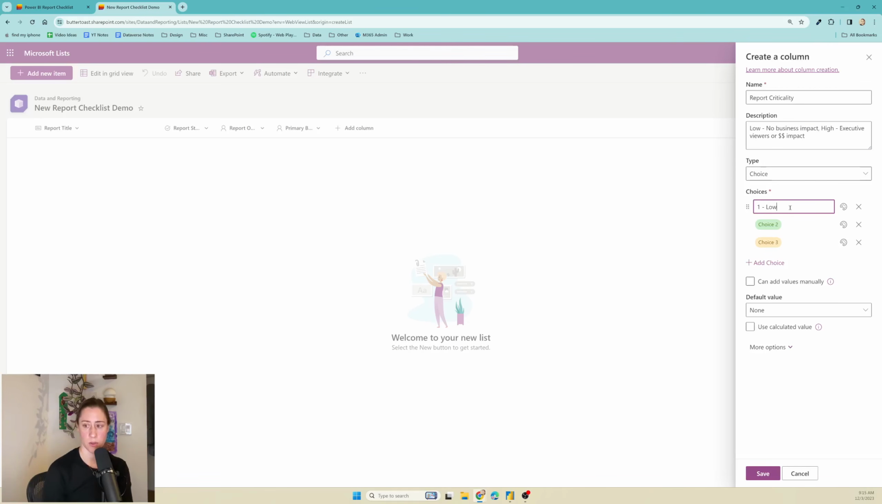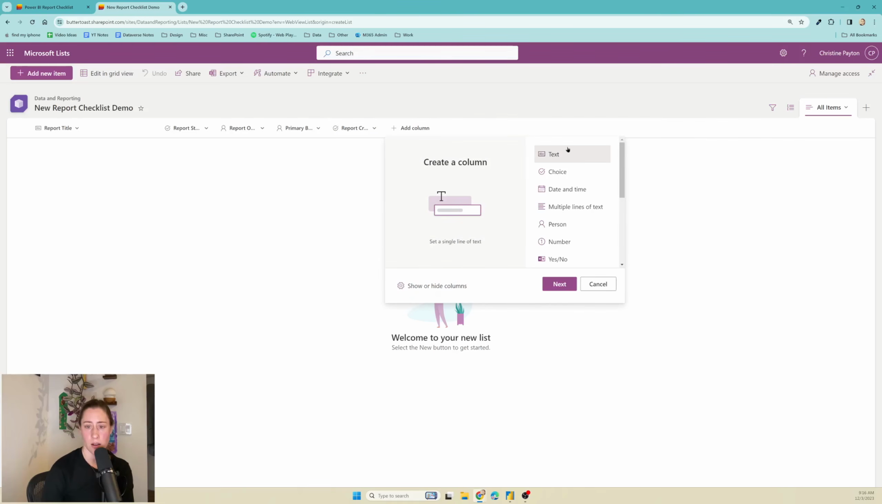And I like to put numbers in front of these because it makes it easier to sort later if you're reporting on it. And I also tend to take out the extra colors for things that don't need it, just because when you get a lot of fields in here, it can get kind of overwhelming if you have colors on everything. And then our last column for our metadata is going to be a hyperlink column,